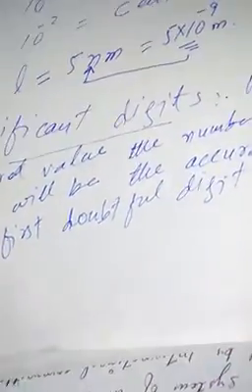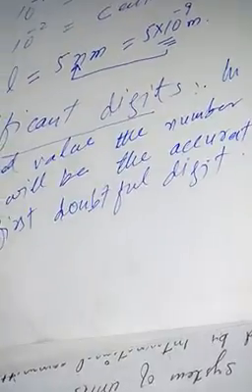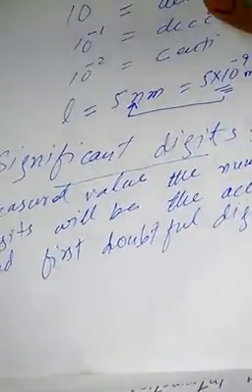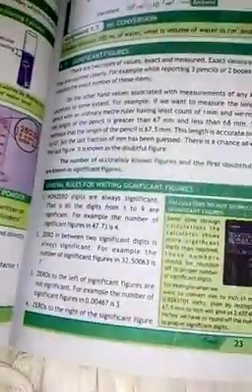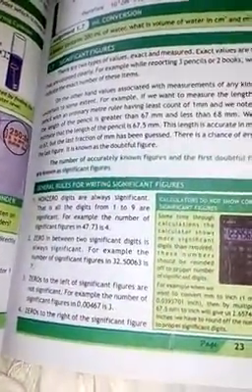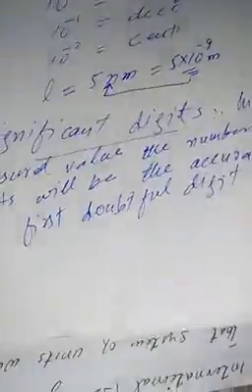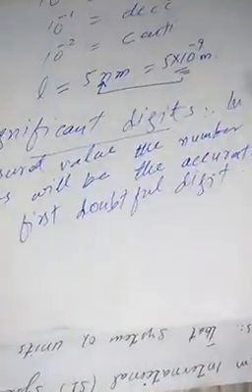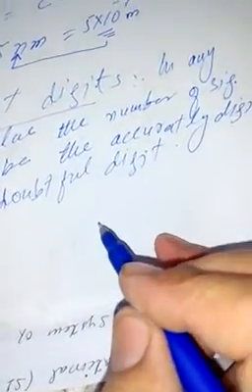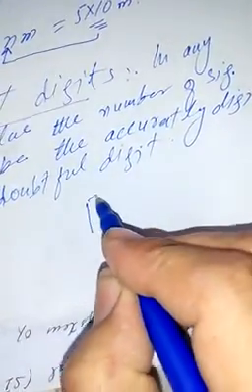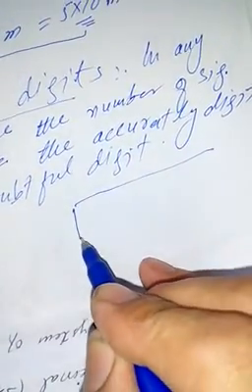Only the first doubtful digit, and all the accurately known digits. Now we explain the rules for significant digits and also show the doubtful digit by an example. So in this case, for example, we have a meter rod, a meter rule, and generally